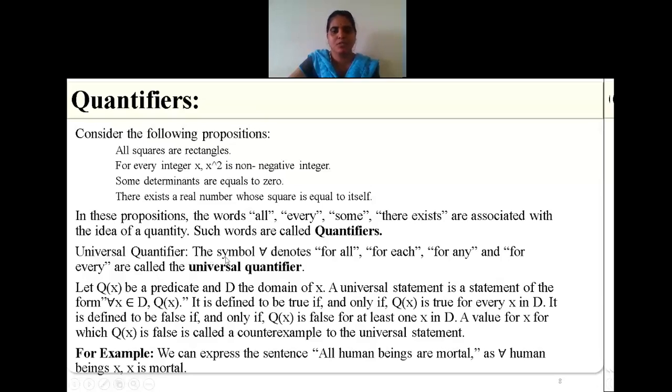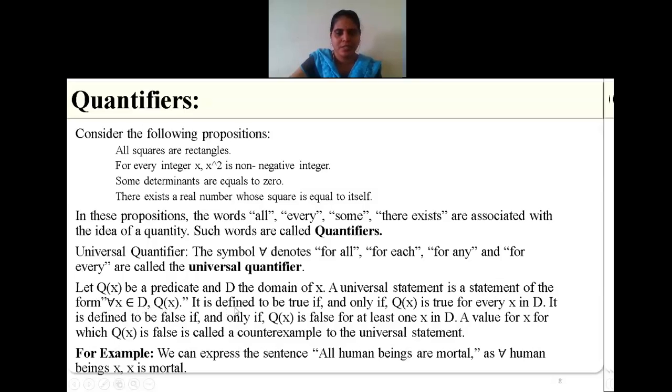First we'll see what a universal quantifier is. The symbol for representing the universal quantifier is ∀, for all. We can read it as for all, for each, for any and for every. Such quantifiers are universal quantifiers. Let Q(x) be a predicate, where D is the domain for x. Then a universal statement is a statement of the form for all x belongs to D,